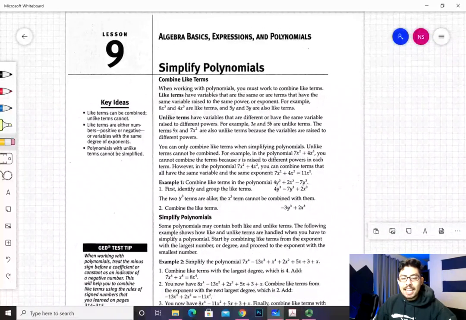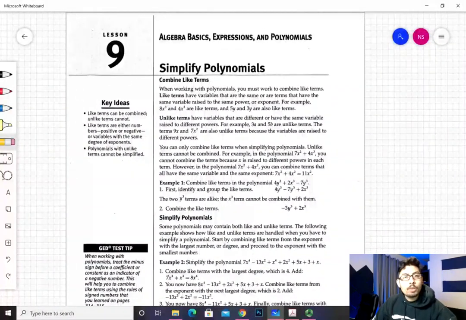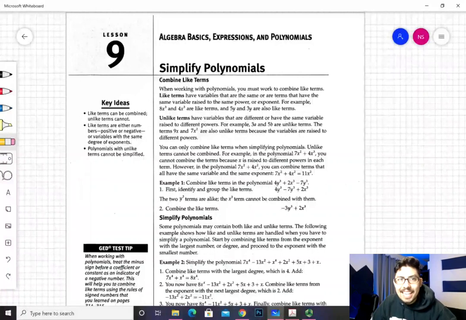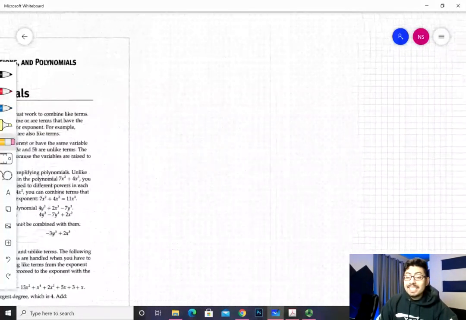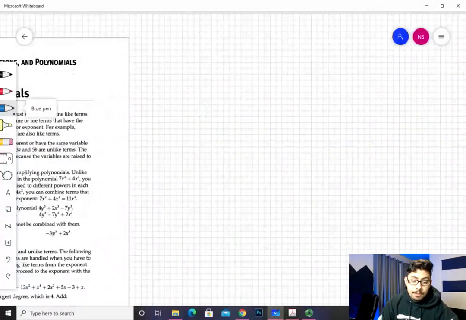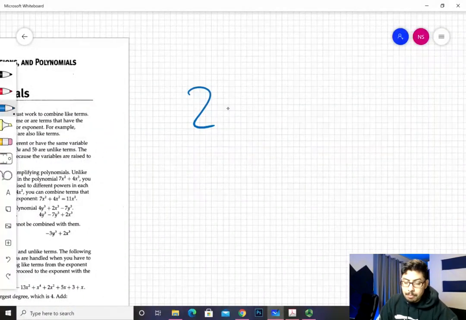In today's episode, we're going to go over simplifying polynomials, aka combining like terms. We just went over evaluating expressions. That was the video prior to this. That's just giving you an algebraic mathematical expression, such as this: